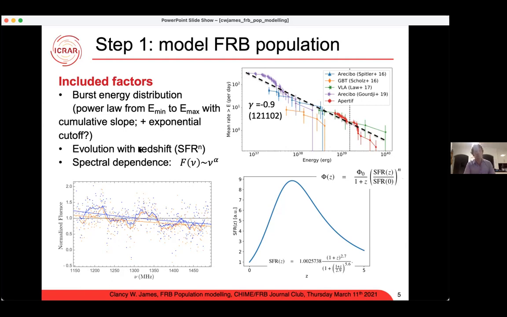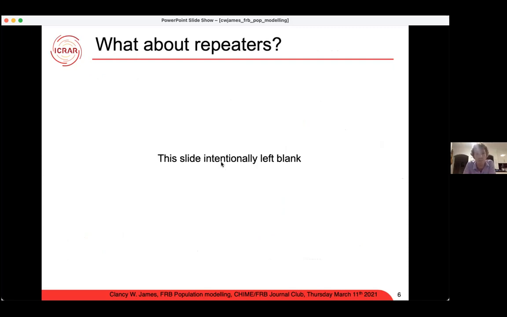Then you might say, well, maybe these things evolve with redshift, and the way this was done by JP and Ron in a couple of their papers is simply to take some model of the star formation rate and scale it by a factor, to the power of n, right? So n equals 1 means scaling with the star formation rate, n equals 0 means a flat population distribution, no evolution. And you can imagine the AGN population is even more peaked. So that's like n more than 1, but it's a poor model. And then, of course, spectral dependence, right? Oh, that should be, yeah, that is to the alpha, right? So how do things vary with frequency?